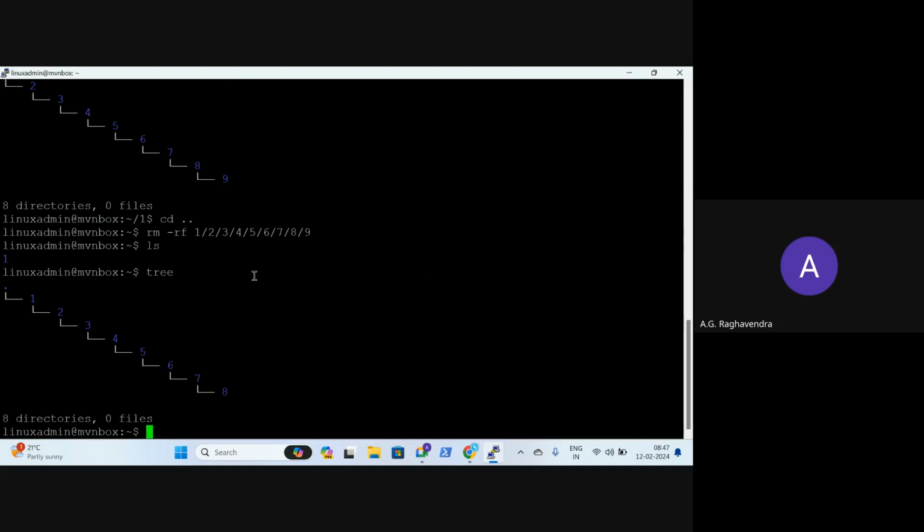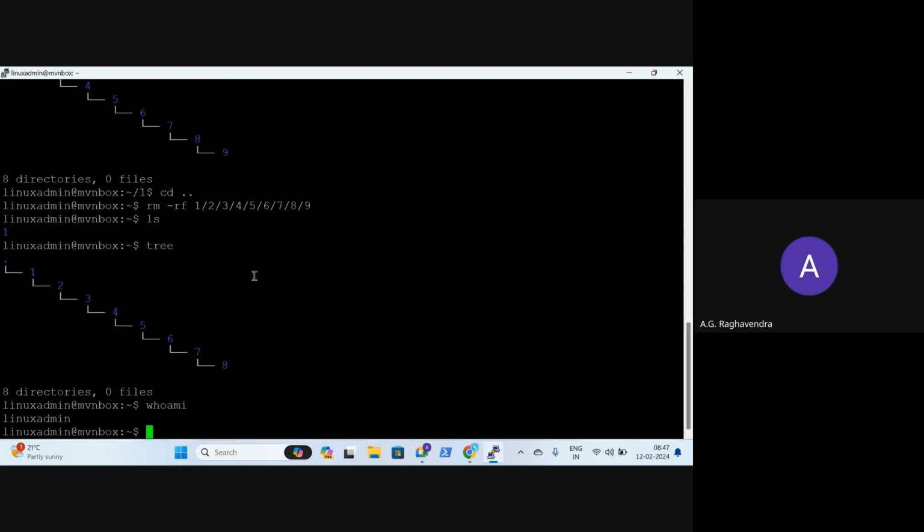Then what mistake are we doing? No need to give super user because this is my local directory. Who am I? I am Linux admin. I can do anything in my directory. Beyond my directory or over the system, then I need to be SUDO, super user.